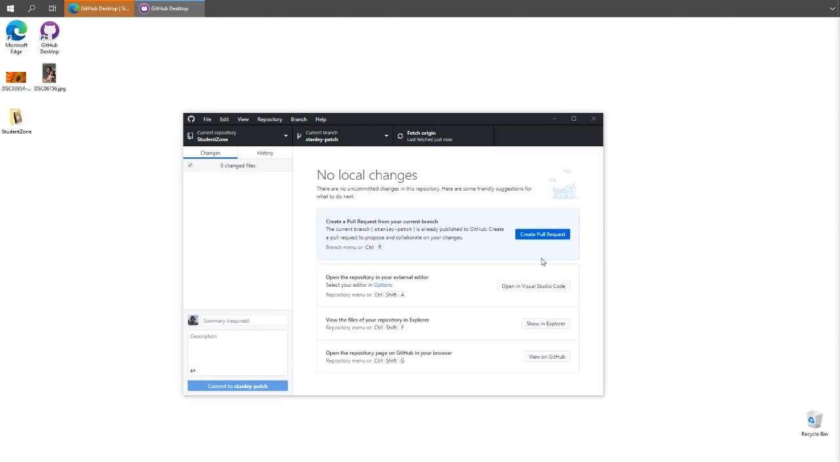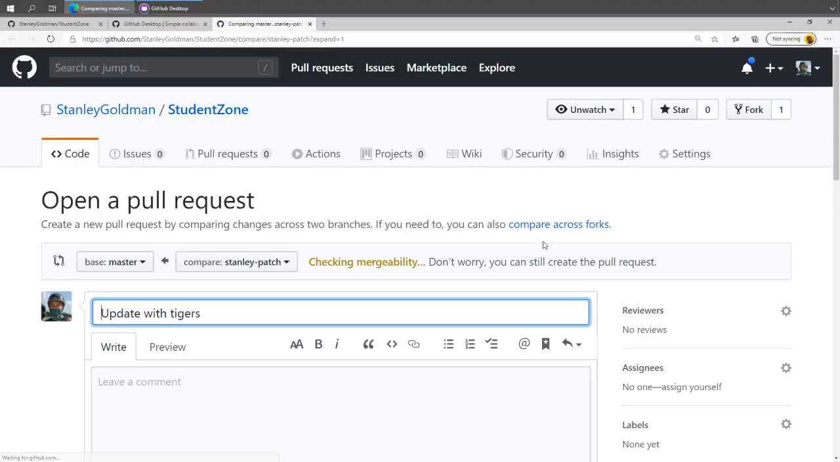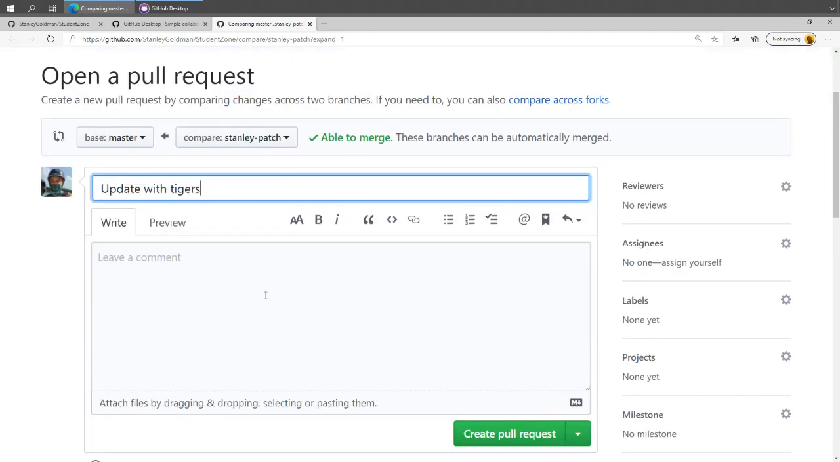All right, so now it's pushed, and GitHub Desktop is really awesome in that it prompts you for the next step, which is creating a pull request. So if I hit this, it brings me right to the create a pull request page on github.com for my repo. It automatically took the commit message, update with tigers. So pull request with